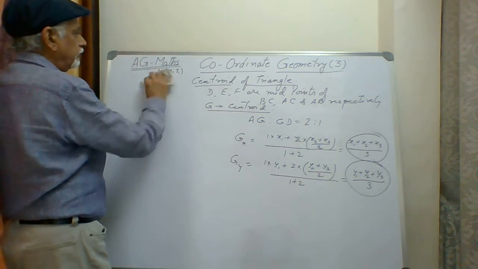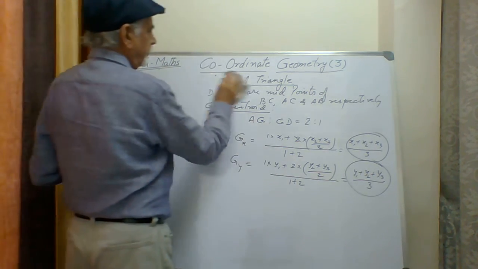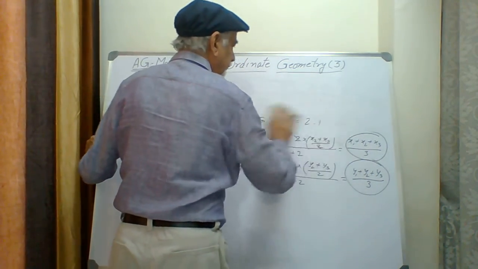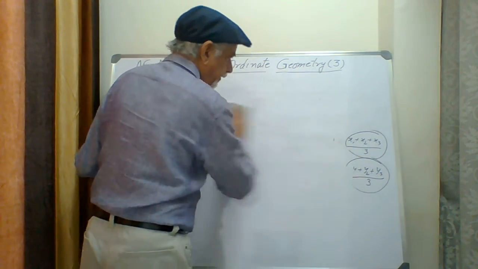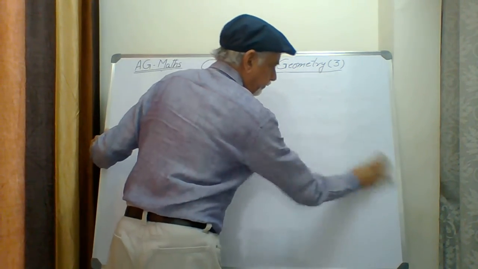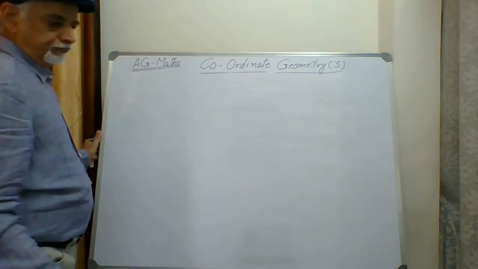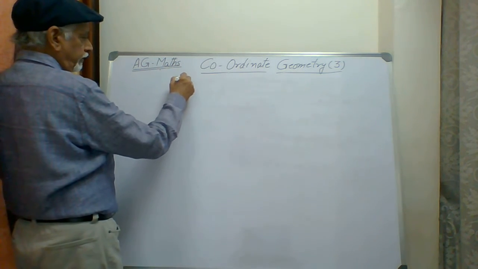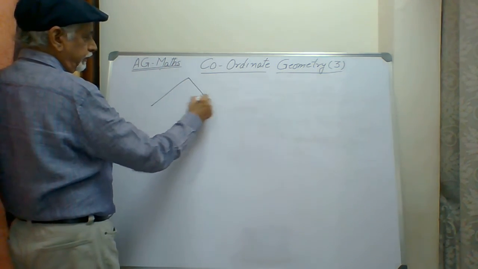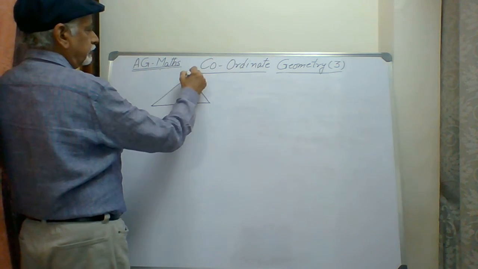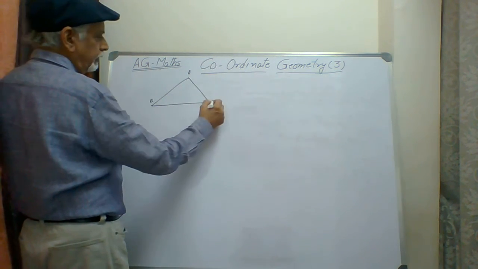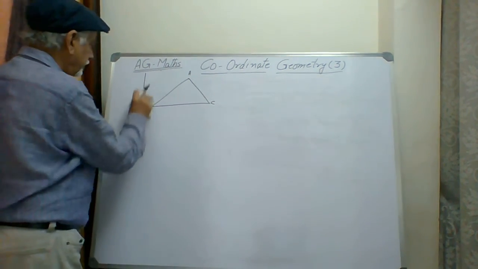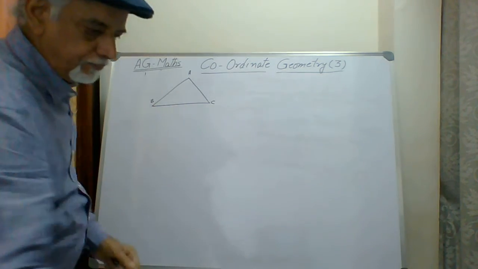So we go to another topic today. We'll find the area of a triangle when again we know all the vertices. The vertices of the triangle are known. What will be the area of the triangle? Suppose we have a triangle like this. It's called A, B, C, and I have got some axes already here. I'll draw the axes.